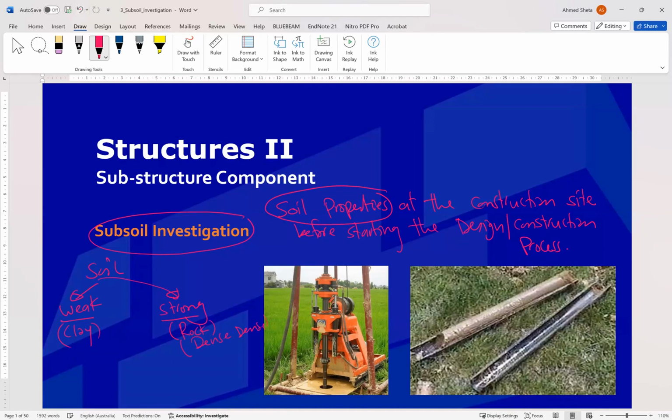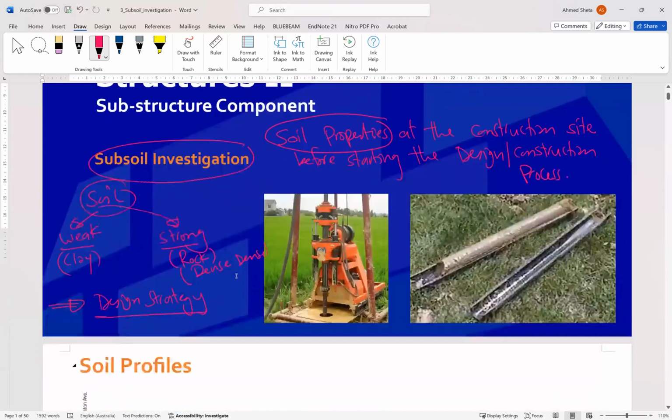So the type of soil will give you an idea about what design strategy you will be using in your design. Okay, so it is very important to do the subsoil investigation, or have an idea about the soil you